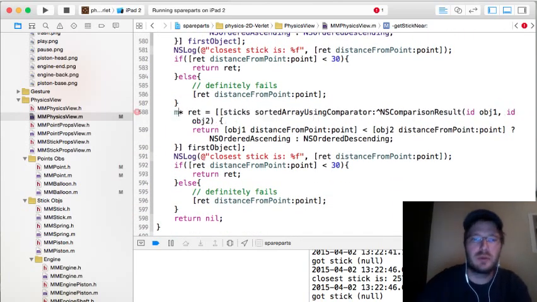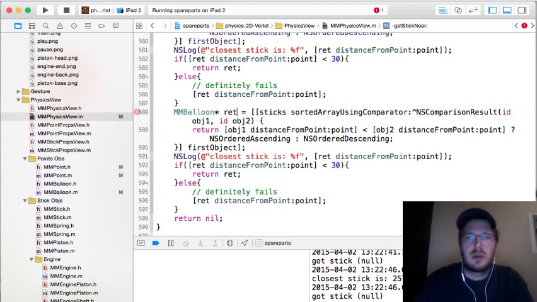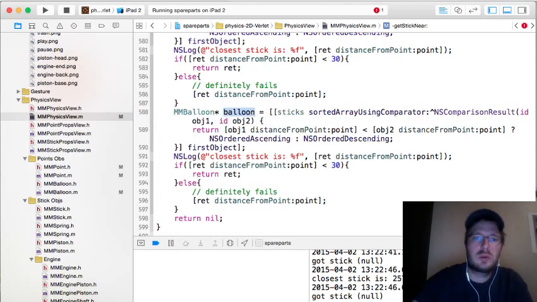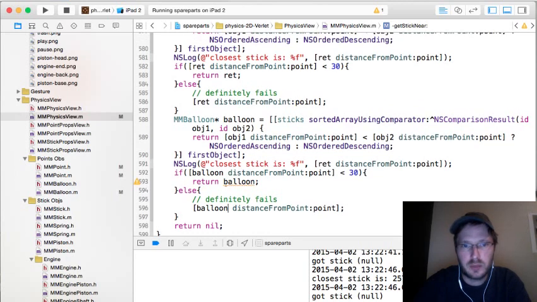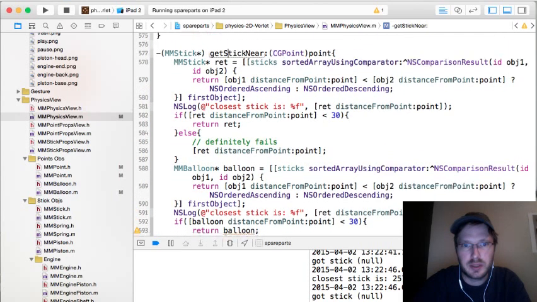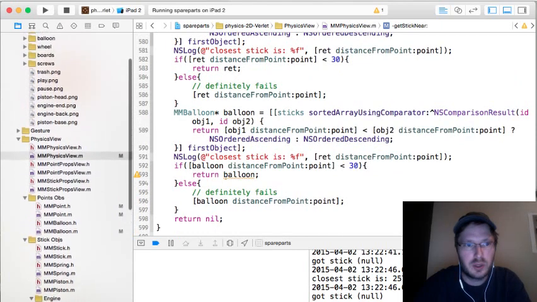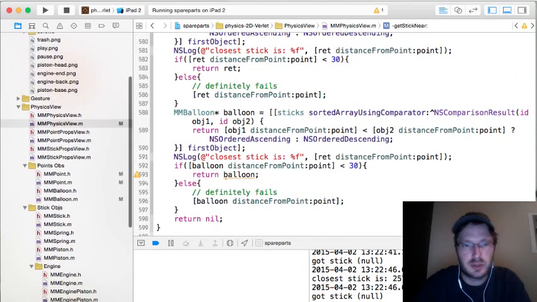Okay, so balloon. Balloon. If balloon. There we go. Oh, and here we have a problem because the balloon is not a stick and we want to get stick near. So we're going to fix that real quick too, because balloons, since they're modeled as a stick, they should really extend stick, or they should extend some sort of a parent class together. Okay, so balloon is